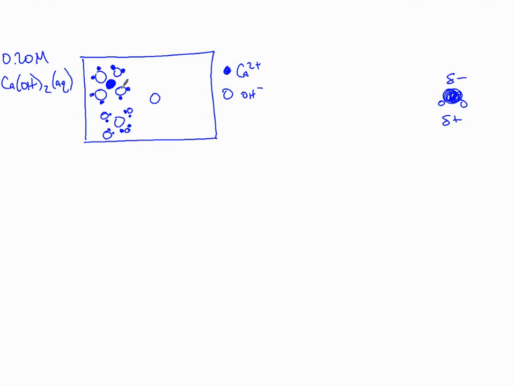And it would be the same for this other hydroxide. And probably two things they're really looking for. One is that they're in the right ratios, 1 calcium, 2 hydroxides, because that's what the formula says. And the other thing that they're looking for is, does the water point the